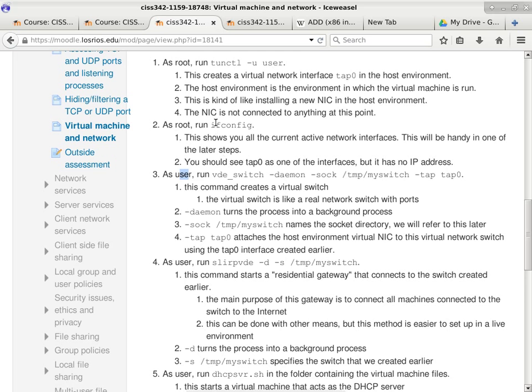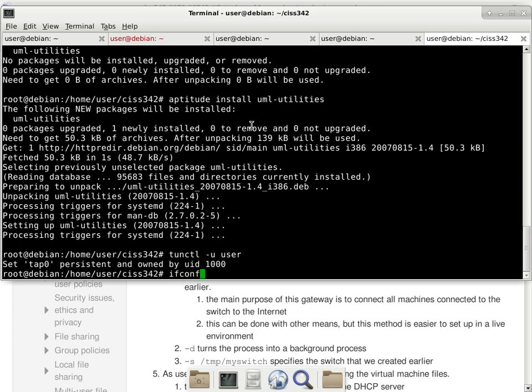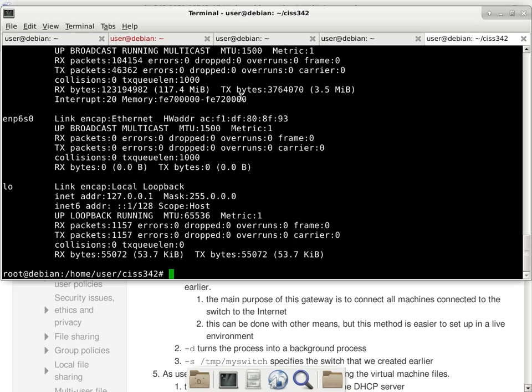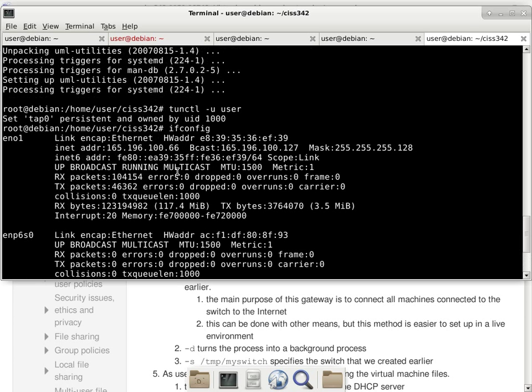All right. The next command that we run is, well, this is optional. Ifconfig is really just looking at all the interfaces that are up and running, and tap0 is not active at this point. You won't be able to see it. But it is still a good idea to run this command to show you what we should be seeing normally. You can definitely remember this number, 127.0.0.1. That's our localhost. It's called a loopback.